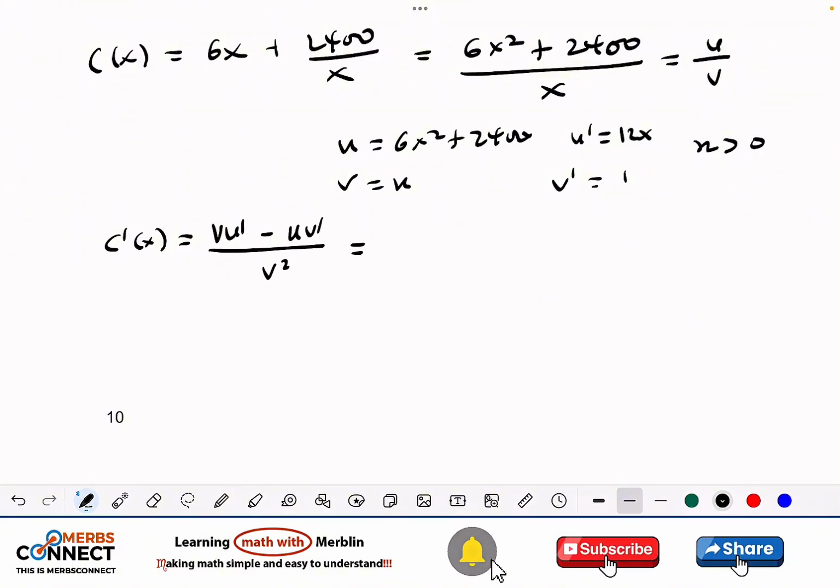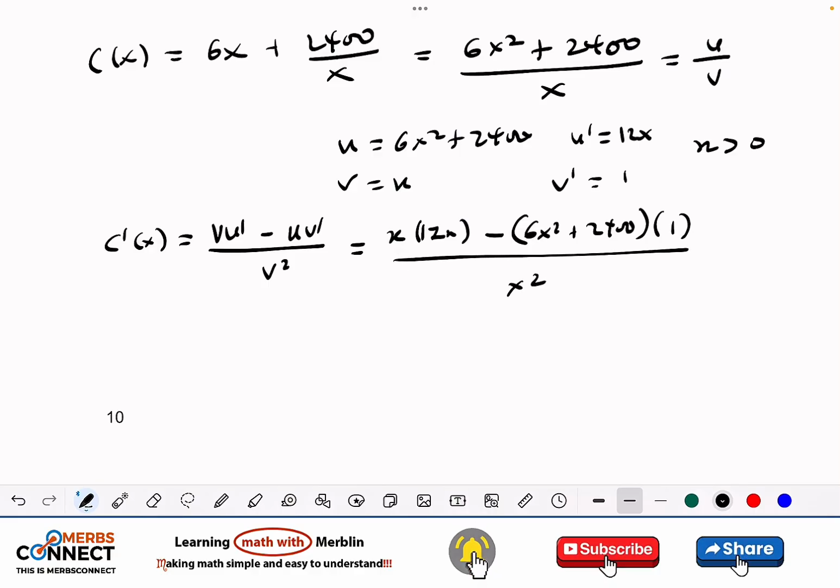So what is v? v is x times 12x minus u, which is x squared plus this in bracket, times v prime, which is 1, divided by v squared. Simplify, and we are going to have 12x squared minus 6x squared minus 2400 divided by